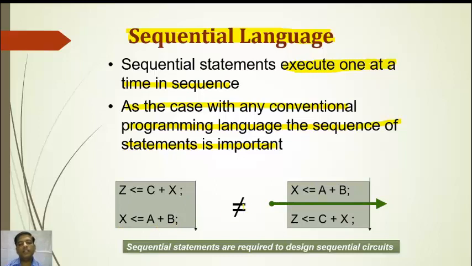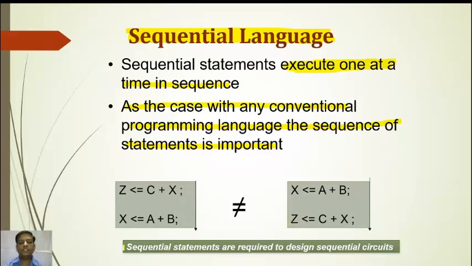This is not possible in sequential language, because one statement can be executed at a time in a sequence. So first x must be executed, x is equal to a plus b, and after that z is equal to c plus x. Here first x must be executed and then z must be outputted.